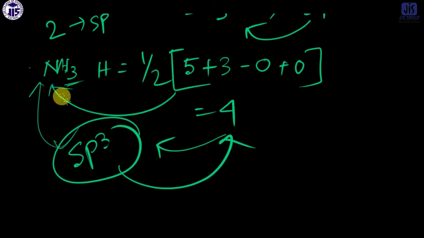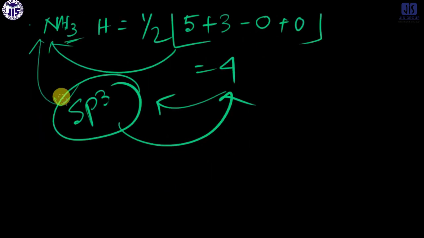So by this way you can easily calculate what will be the hybridization of the central atom. Okay, it is the easiest way by which you can do, or you have to do. So now I will give you some examples also. You have to do them at home by this method, or you can cross check whether it is right or wrong by the VBT method or the previous method. So just write down, it is the home task you have to do, that you have to find out the hybridization. Okay, for example, like